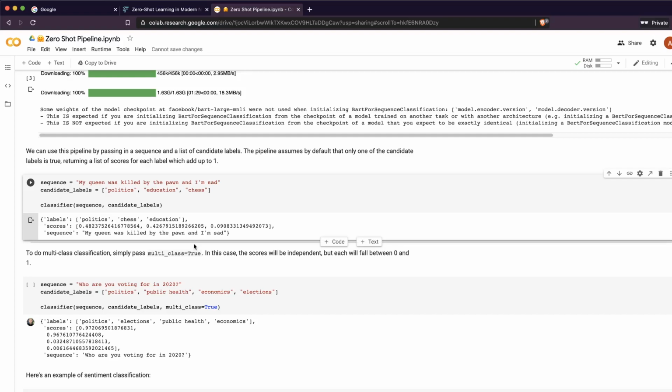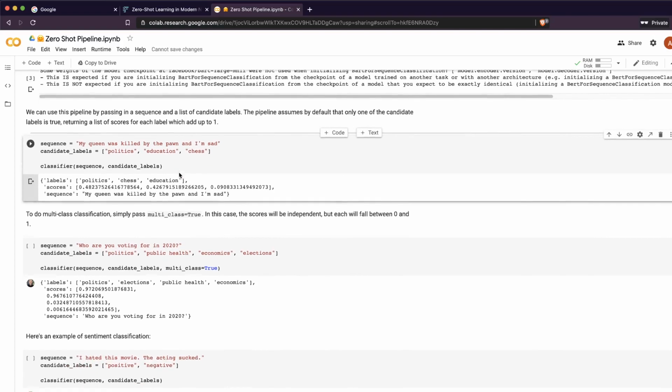So if you had added more cues related to chess, then you would probably see that it is actually related to chess. So this is really a good opportunity for anyone who wants to build a text classification model without any annotated data for your business. But the point is, you cannot apply it for every business context, so that is something that you have to understand. But most of the text classification that a company wants is probably, let's say, a customer service department, a marketing department, or social media analytics, which is something that you can very easily do with this zero shot pipeline.